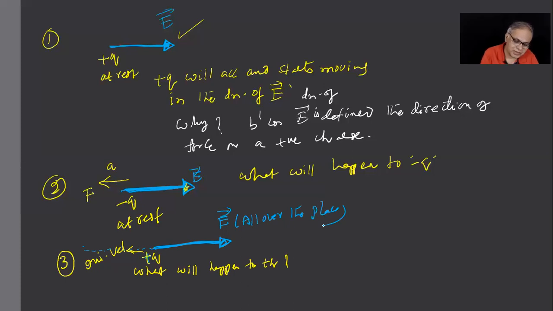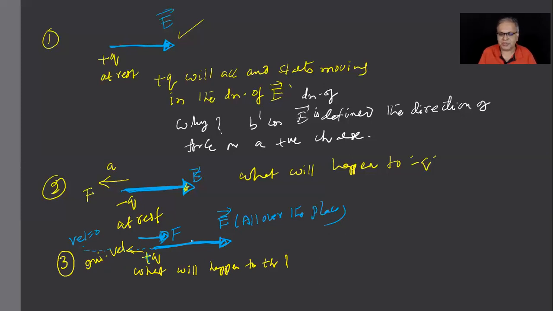Why? Decelerate means it will still move that way, only the velocity will decrease. Velocity will decrease, it still moves that way only, right? Isn't it so? Unless E is not acting, of course, then velocity will increase. This has got a motion this way, force is this way, children. On a positive charge, force will be in the direction of E. Okay. So the velocity goes on decreasing until it becomes 0. Then it will accelerate in the direction of E.